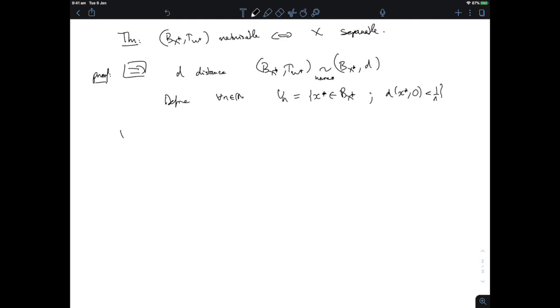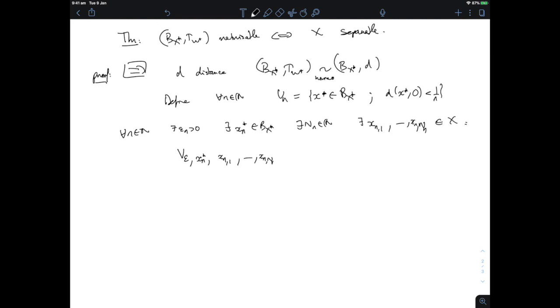So what we have is that for every n, I can find such a weak star neighborhood. So there exists an epsilon n, there exists an xn star in the unit ball, and then there exists a finite family xn1 till xn capital Nn in X, such that this weak star neighborhood here